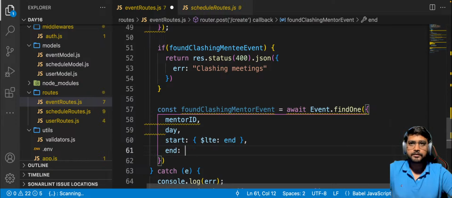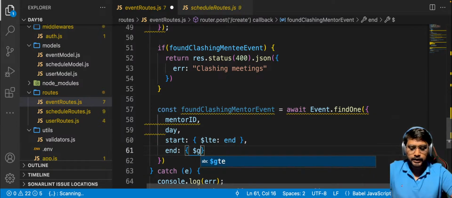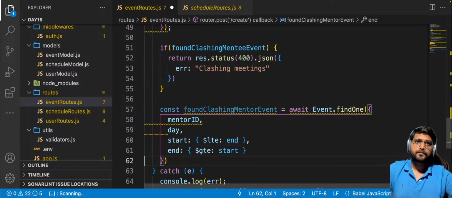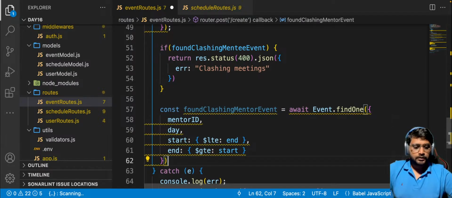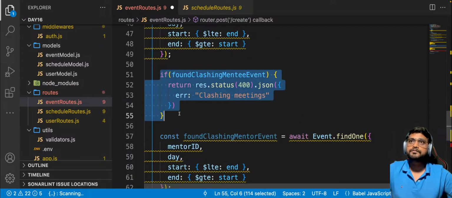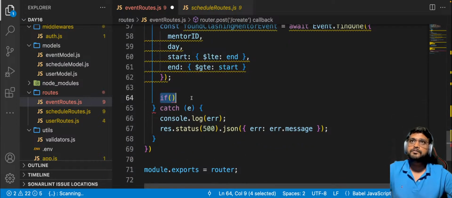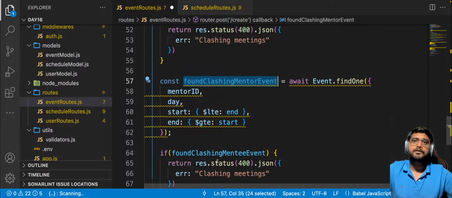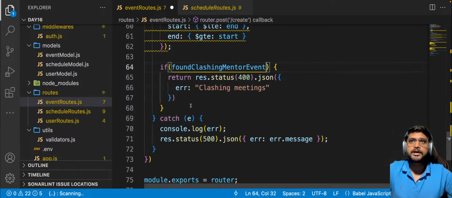And end should be greater than equal to your start, right? If we found this as well, we will say we have a clashing meeting,